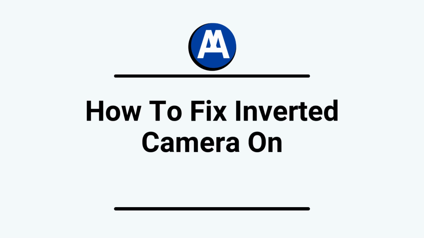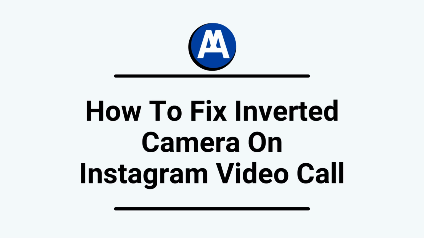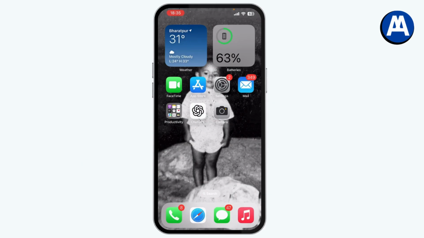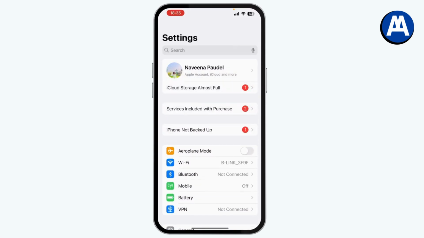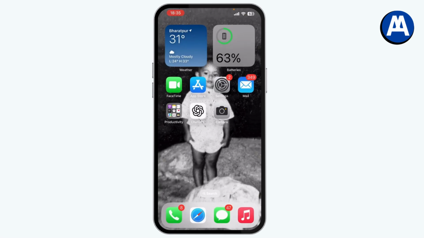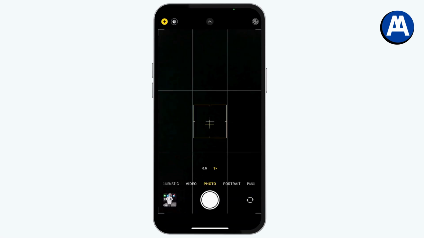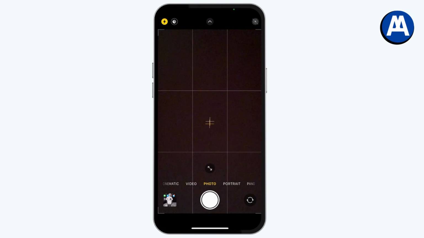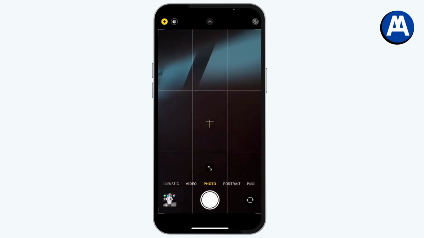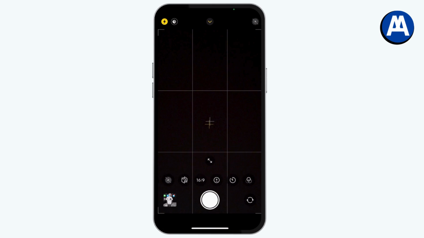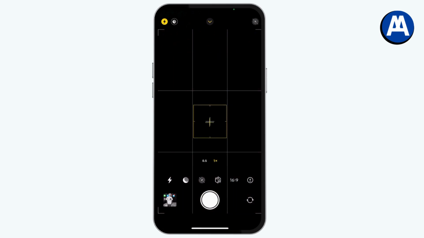How to fix inverted camera on Instagram video call. So if you want to fix your inverted camera on your Instagram video call, then first you need to open up your settings, or just open up your camera at first and then go with your front camera. Now you can go with the drop down from the top, and here you will have inverted option. You just need to simply tap on the inverted,